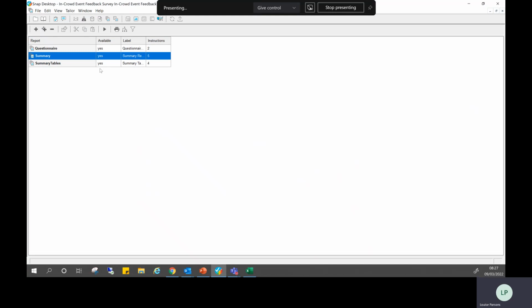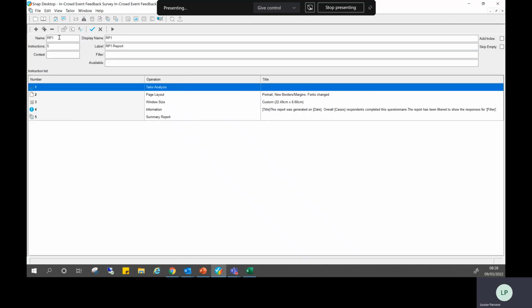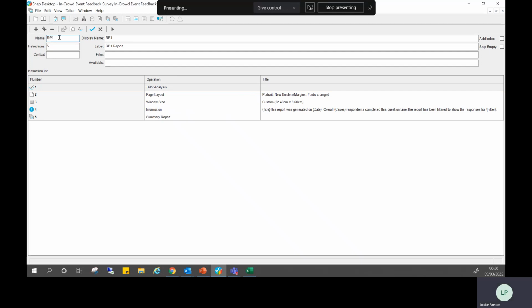We go back to our desktop. We can clone our summary report. We can actually split this report by, let's say, venue. I think our venue question is question 9. So I'm going to call this report venue. And question 9 is our venue question. I hope we'll soon find out. And I can put in a really easy little filter expression. I can just do Q9 equals Q9 at context.